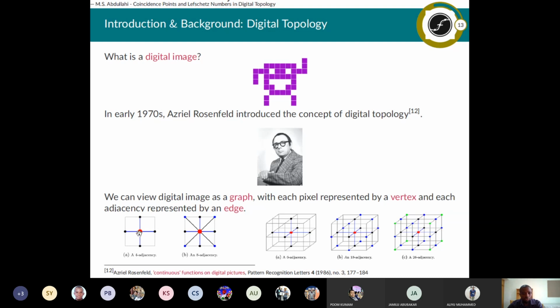So we have two ways. Whether we go directly, and in that case, from any point, we'll have only four neighbors. And the other one is, apart from going directly, we are allowed to go diagonally. If we are allowed to go diagonally, we also have an additional four chances. Cumulatively, for any point in this setup, we'll end up having 8 neighbors. Similarly, in three dimensions, we will have 6 adjacency, 18 adjacency, and 26 adjacency.